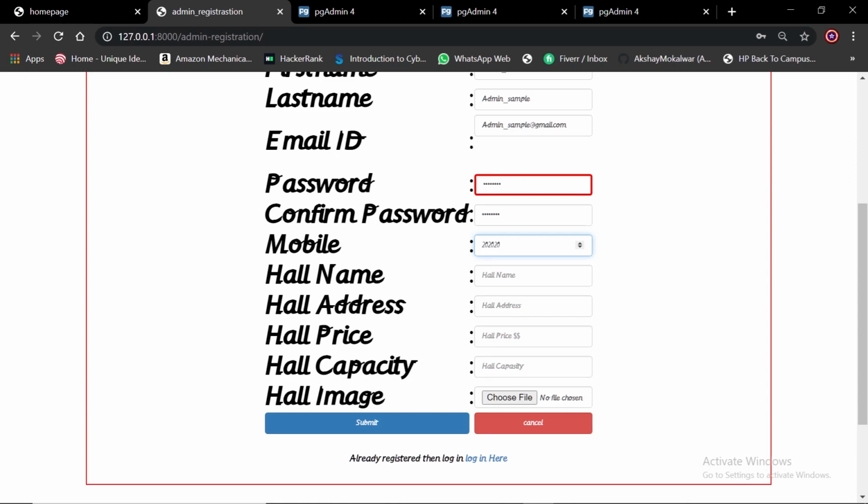This is some additional data: hall name, hall address, hall price, and hall capacity. Let's fill this. Hall capacity 551.